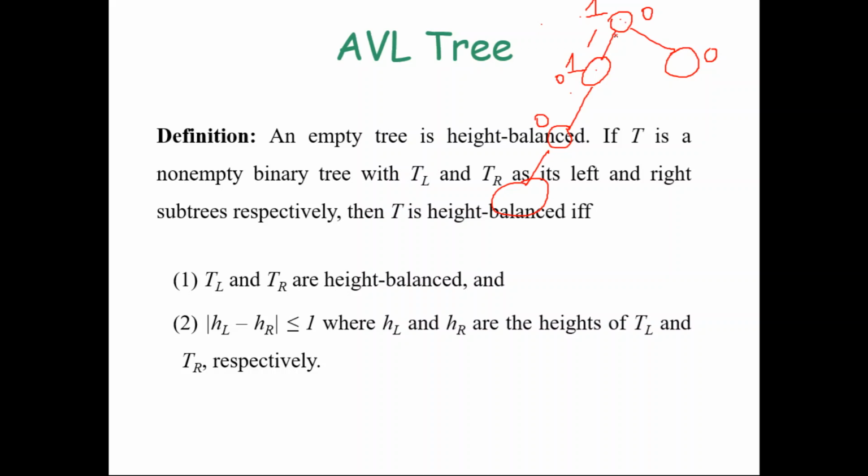When you add one more node, now the height of the left subtree becomes 3, and 3 minus 1, this becomes 2. This is still 0, this is 1, 2, and 2 minus 0 also becomes 2. Now this is an unbalanced tree. It is unbalanced here and also here, because at some point HL minus HR becomes 2. It should always be less than or equal to 1. It can be negative 1 also, that is not a problem, but it should be less than or equal to 1.